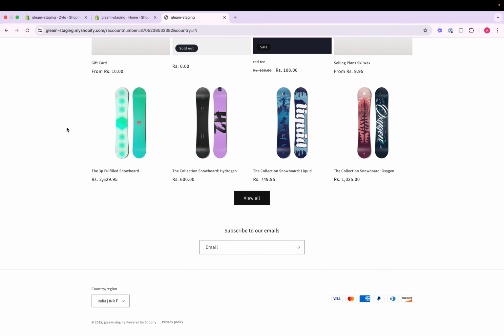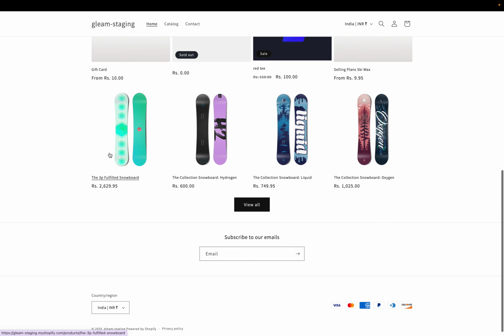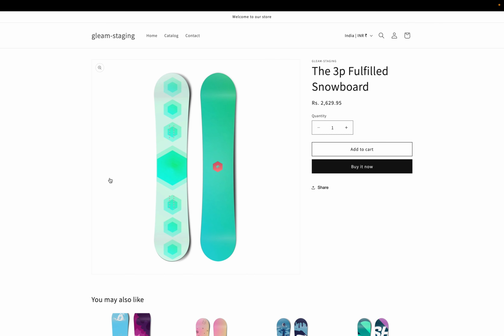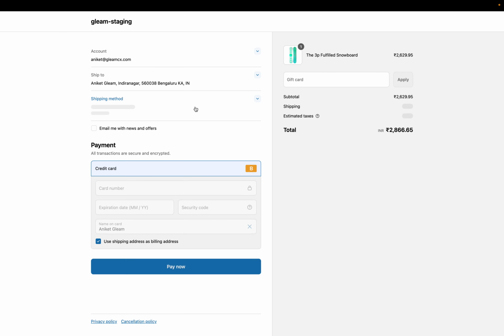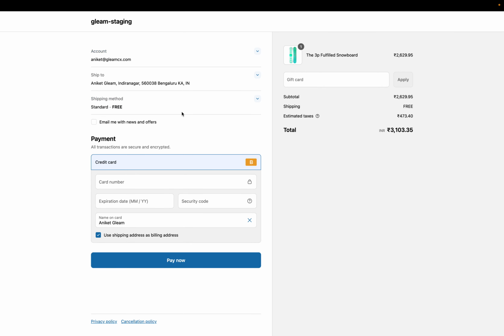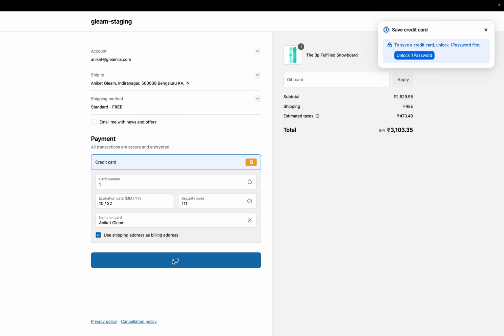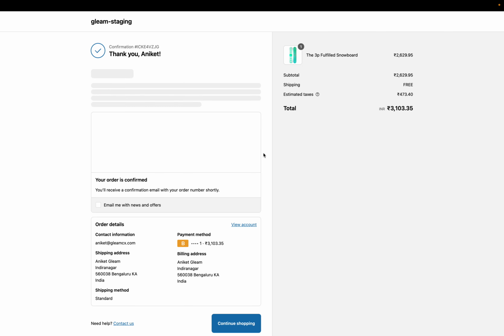So this is one of the demo stores that we have. Let's say as a customer you are purchasing this particular snowboard. You buy it over here. You fill out all of your customer details and everything, just shipping address and whatnot. You fill out the card details through here, right? And once the checkout is completed and the order is placed,